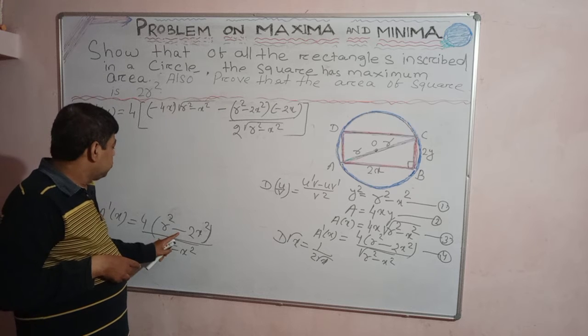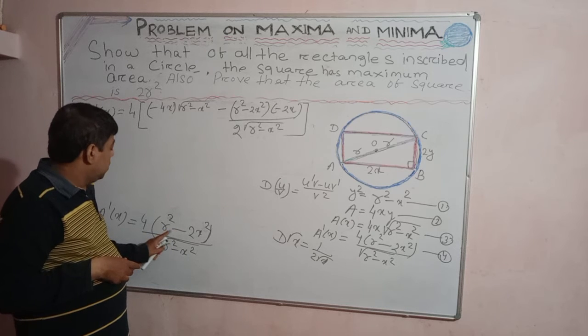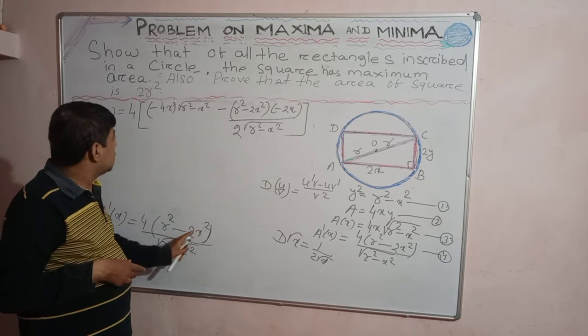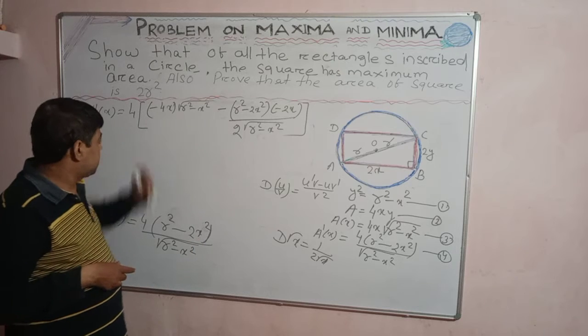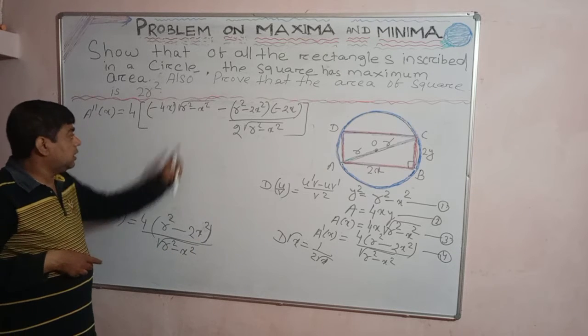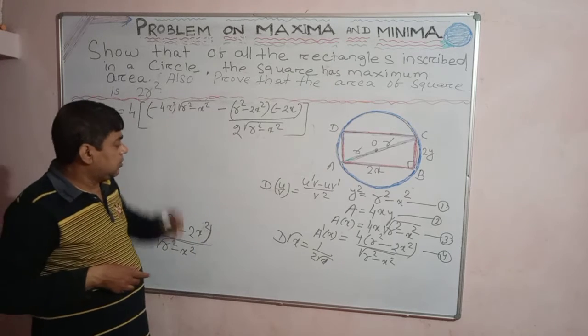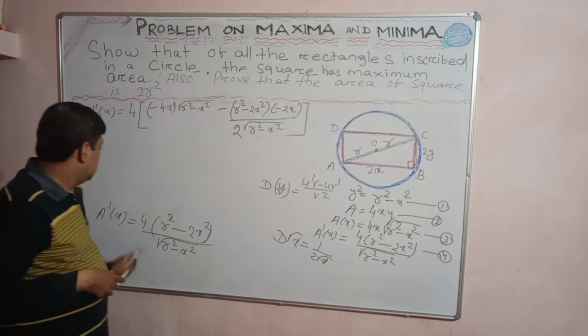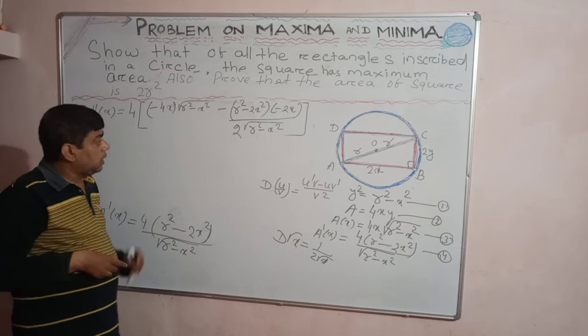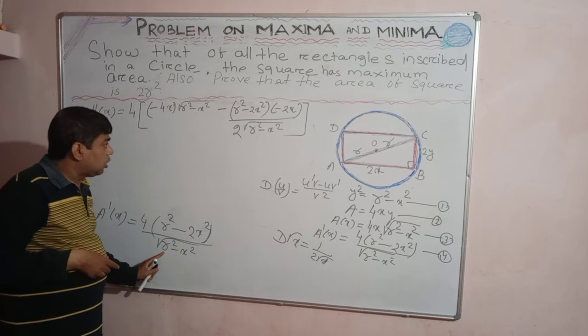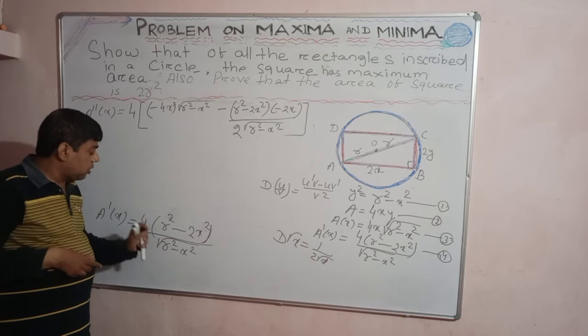Okay, derivative of u: r square derivative is 0. Minus 2x square, derivative is 2 to the 4... minus 4x into product of the denominator written. Then put the minus sign here, and r square minus 2x square into derivative of the denominator. Now under the square root you find the derivative.